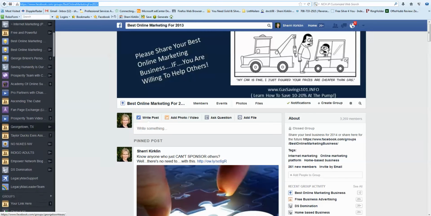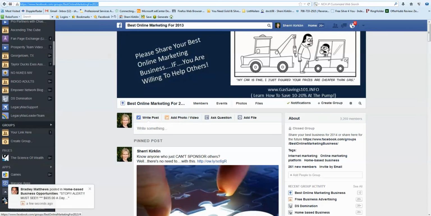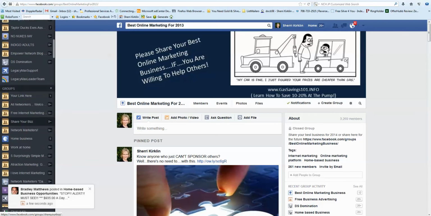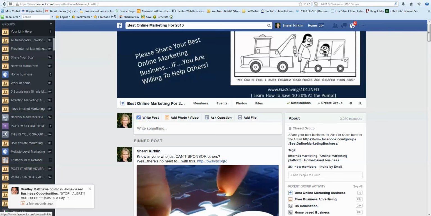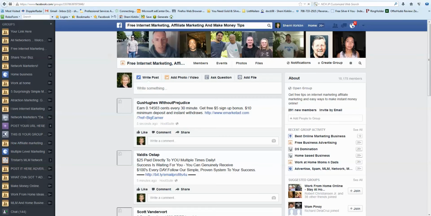Once you join a bunch of groups, here on the left-hand side of your Facebook dashboard, you'll see groups. And if you click that, it'll expand and it'll show you all the groups that you're a member of. I'm a member of a bunch of them. So what you would do is just come in here to a group and just